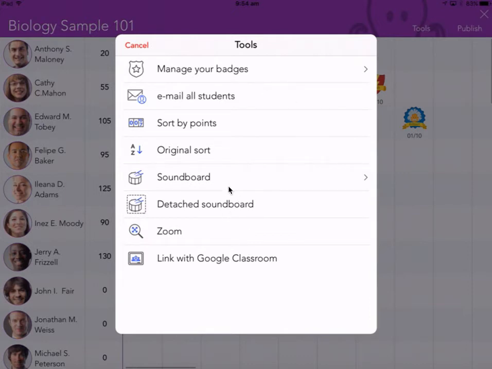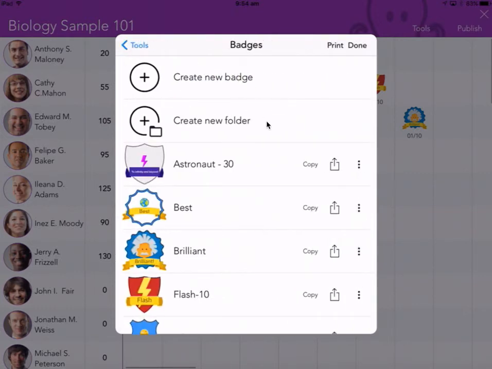There's a whole host of other features as well. Like I said, if you have Google Classroom, then it just makes it even more powerful because the badges can be awarded and given to kids on the Google Classroom accounts. Amazing stuff. But I'm going to go into Manage Your Badges, and you'll see just right here that there is